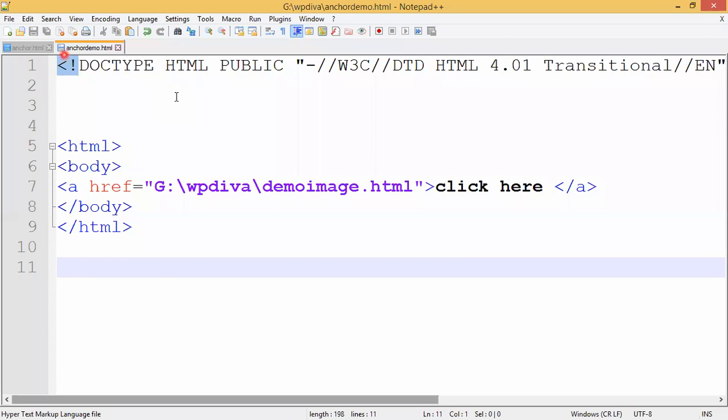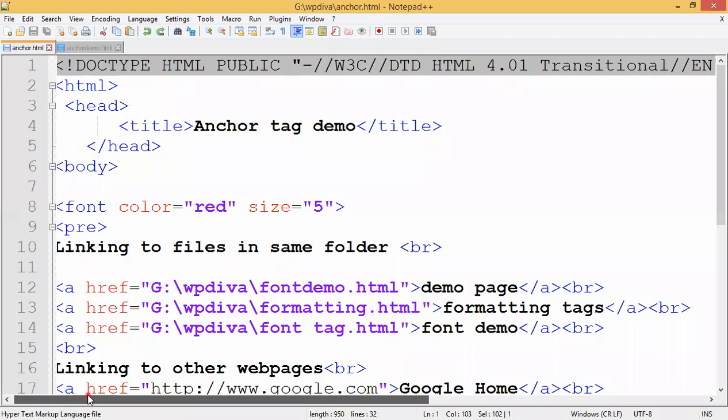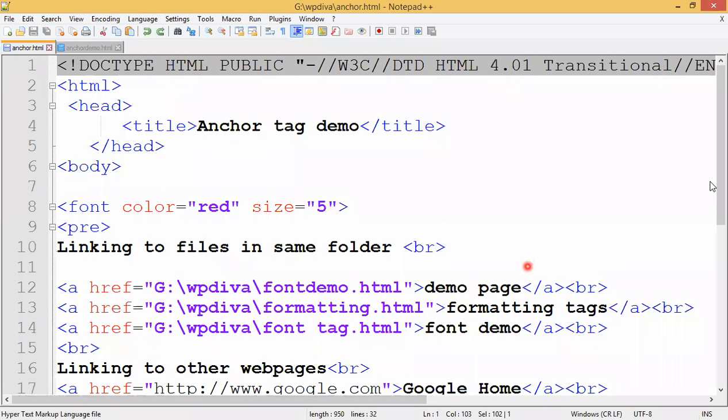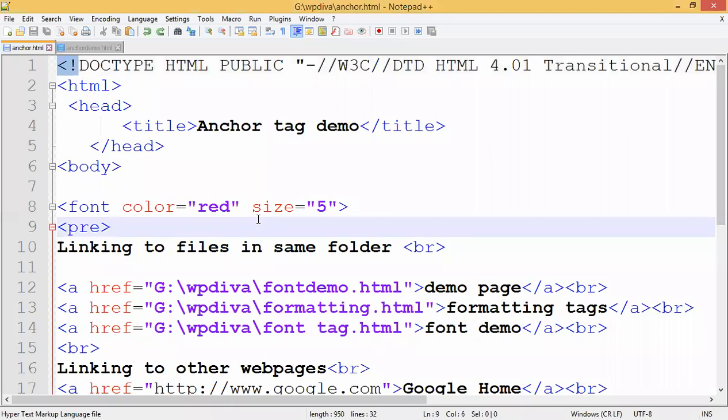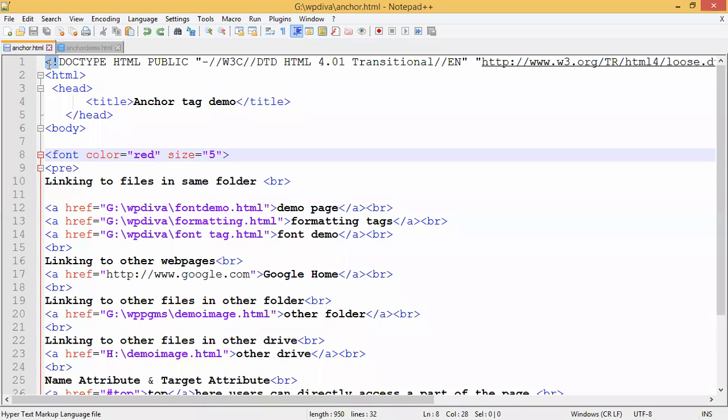Clear to you? This is a simple example, right? Now what I will do, I have already created one file that we will see. So that will help you to understand the different attributes of the anchor tag. Fine. So what is the main intention of the anchor tag? When we want to provide links in our file, when we want to add hyperlinks in our file. Clear? Okay. So this is one program which I will share in your notes. You have to study this program to understand how to link different files and to understand different properties or attributes of href. Clear to you?